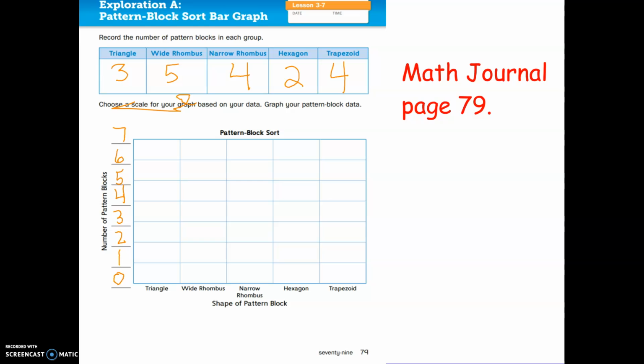So I'm going to make my bar graph. I had 3 triangles, so I'm going to shade in neatly 3 parts of my bar graph to represent that I had 3 triangles, 5 wide rhombuses, 4 narrow rhombuses, 2 hexagons, and 4 trapezoids. So I'm going to have you pause the video here,